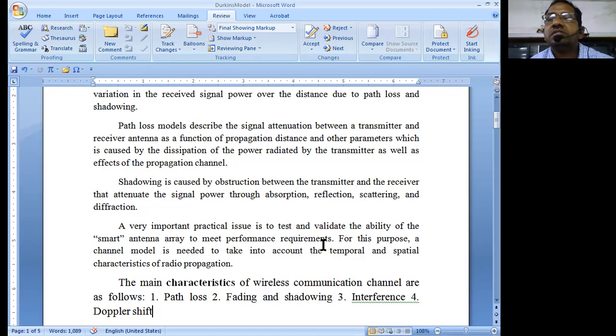Some of the signals which are being transmitted through a particular object are going to get absorbed by that object itself. Sometimes some objects are going to reflect the signal back to some other places, and some of them are going to get scattered. Some of the objects are going to scatter the input signal. Scattering means what?